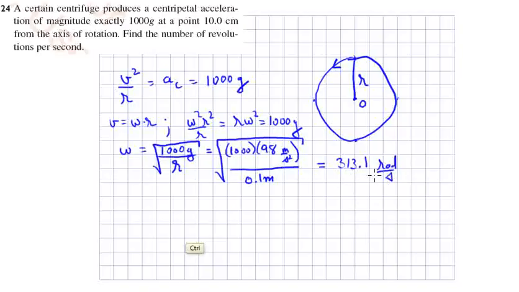Now I want to convert that to revolutions per second. That's what we're asked for. And the units are similar. They're both telling us how fast this object is rotating. So I'm going to do a unit conversion, based on the fact that 1 revolution is equal to 2 pi rads. So you can see the rads are going to cancel out, and when that division is done,